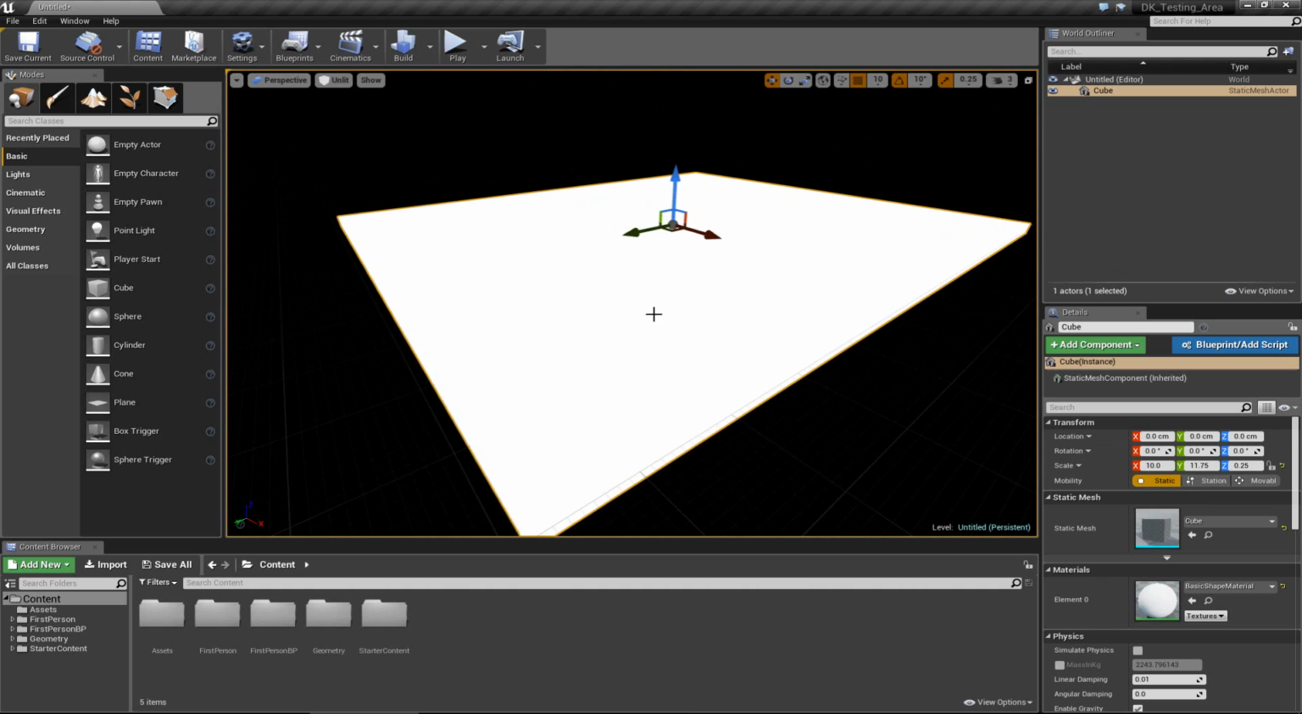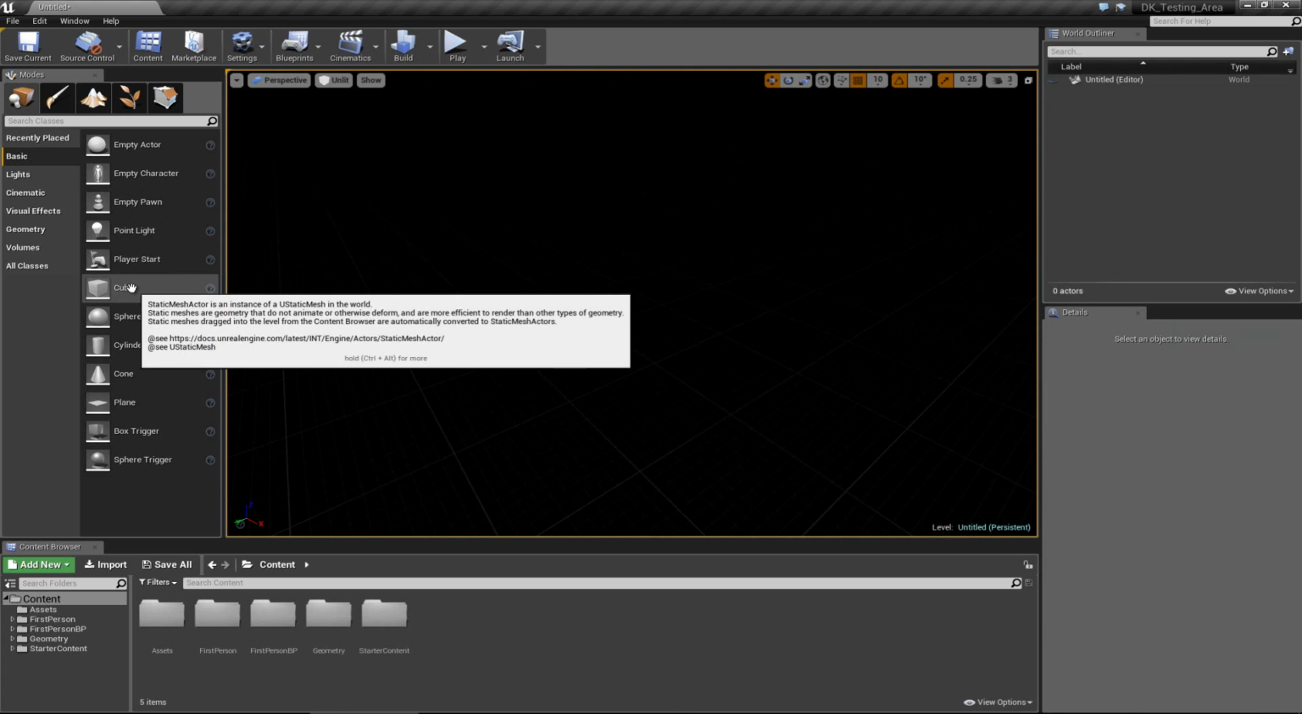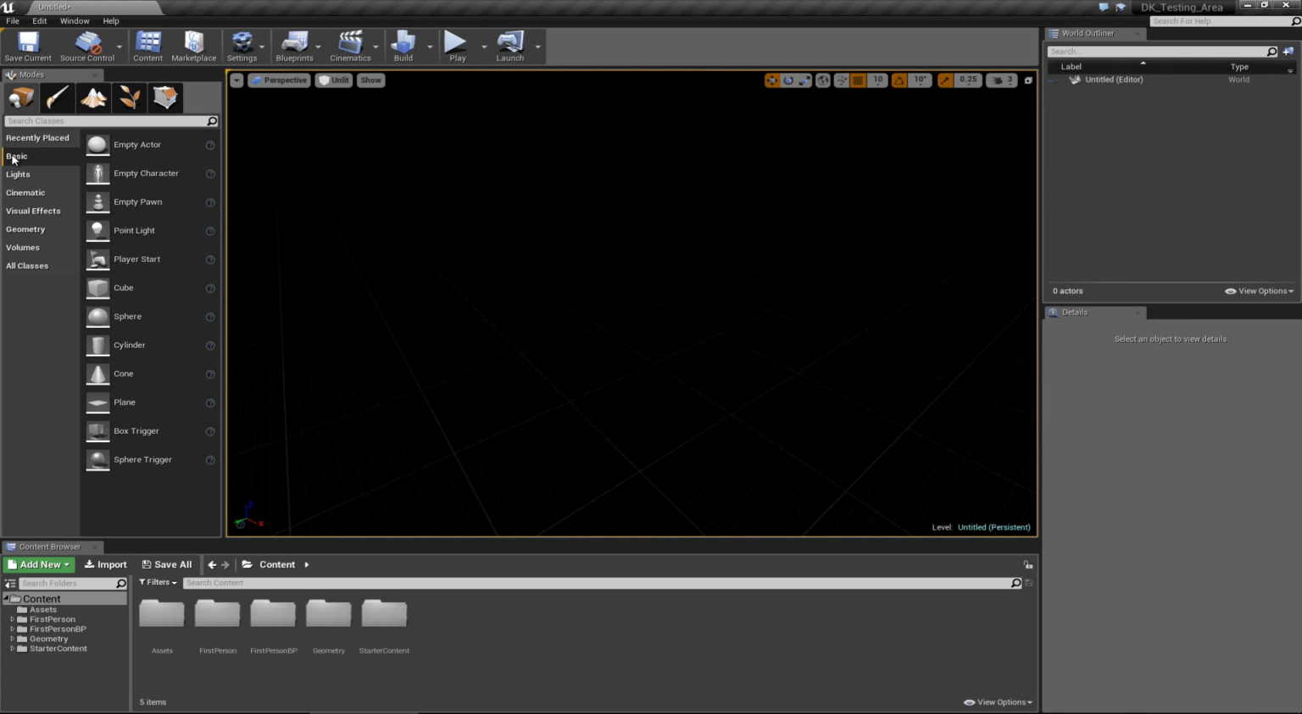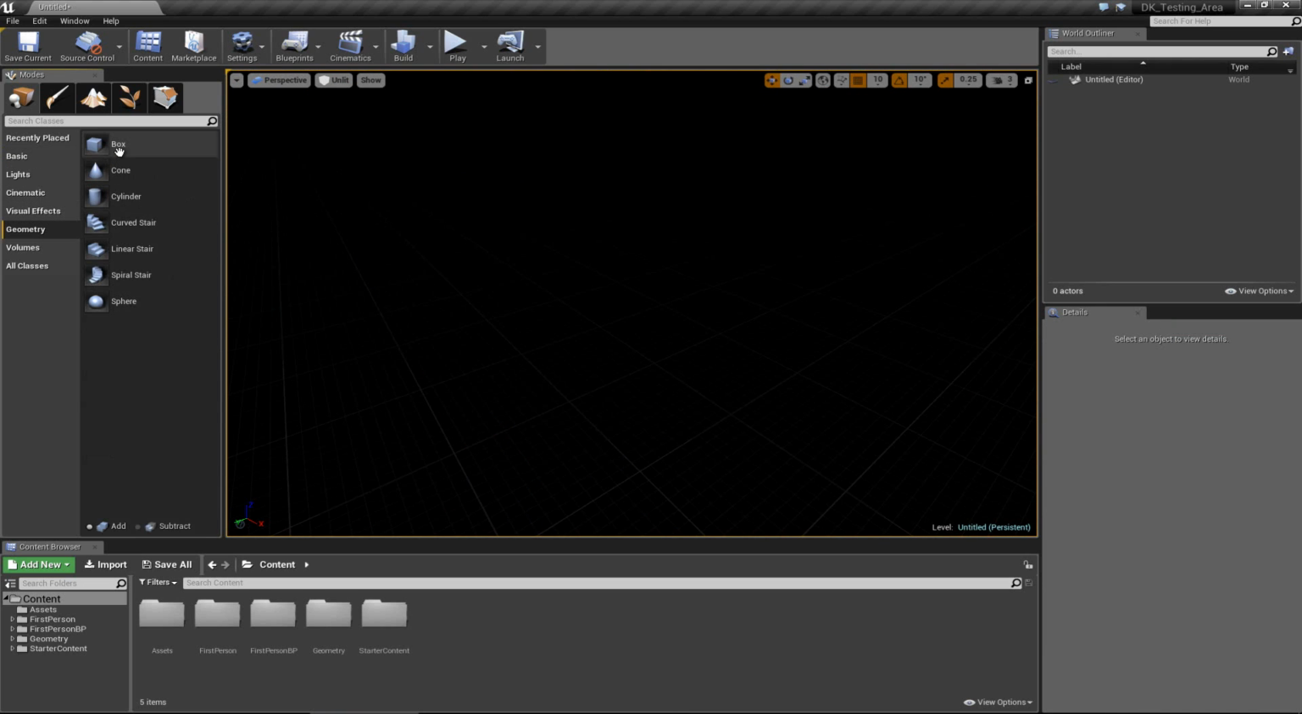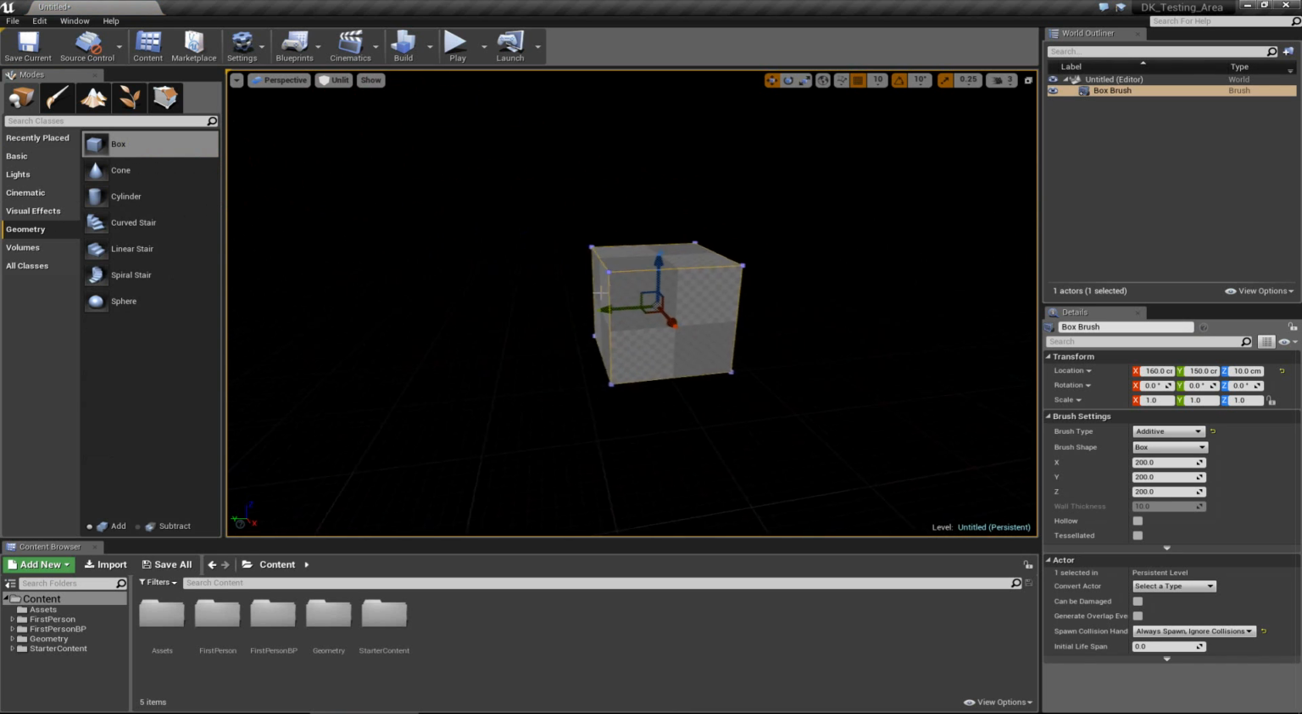If I want to have better control over this, I'm actually going to delete this. And instead of using a cube from my basic, I'm going to jump down to geometry. From here, I'm going to choose a box. Now, what you're going to notice is as soon as I drag this in, it doesn't really look like a box until I drop it off. And now this box,